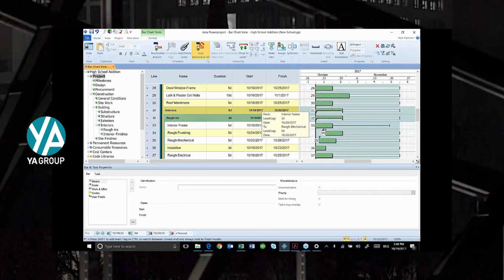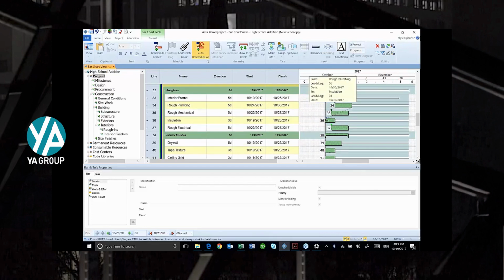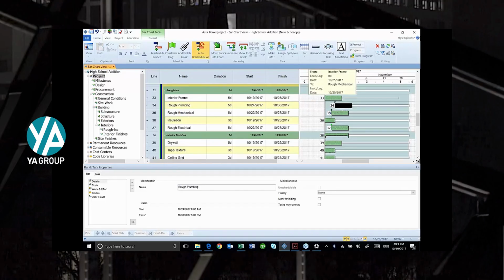I'm going to move that lag over a little bit. There we go. And I'm going to do one more for my rough in electrical down here. And then I'm going to tie all of those. I'm going to tie my framing to insulation. Let me show you how you can actually take your insulation and add multiple